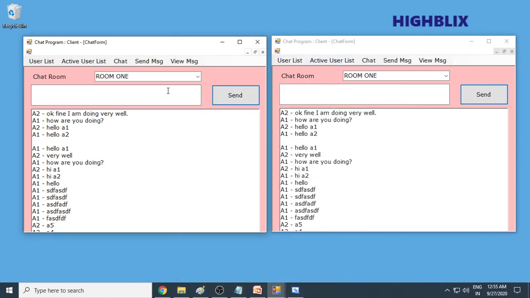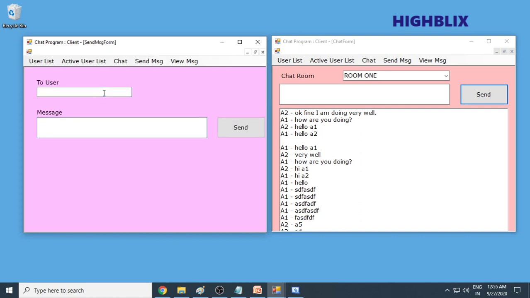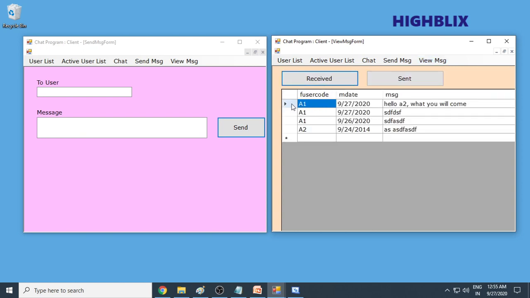So this is the chat room, and you can send private messages now. Send message to A2: Hello A2, what time will you come? Fine, so we are sending the message to A2. Now go to view message here, received. You can see that we have received the message from A1.